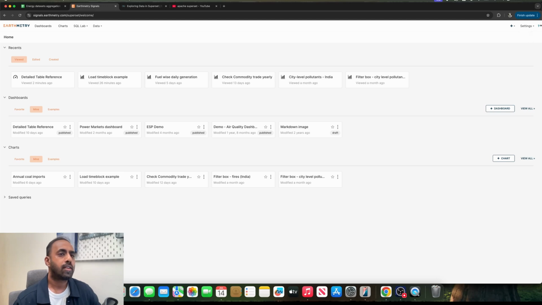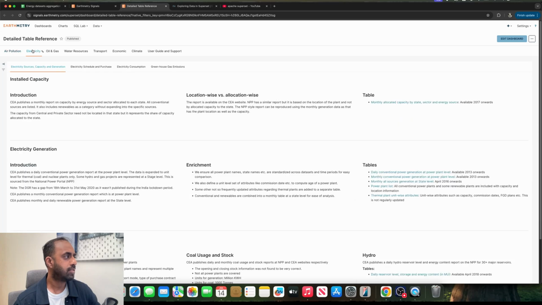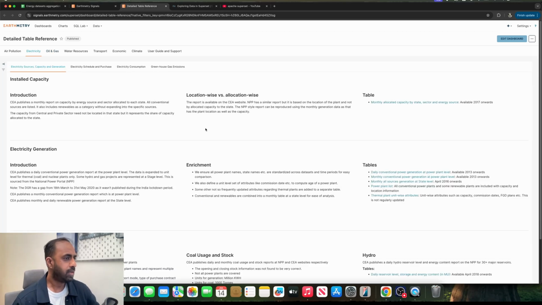So you can actually go to the top right here, there's a help button, and if you click that, it opens up a detailed table reference. And as you can see, there are tabs that denote different types of sectors for which data is available. So you have air pollution as the first one, electricity, oil and gas, and so on, right? So today we're just going to look at electricity for a bit, and within electricity there are again multiple